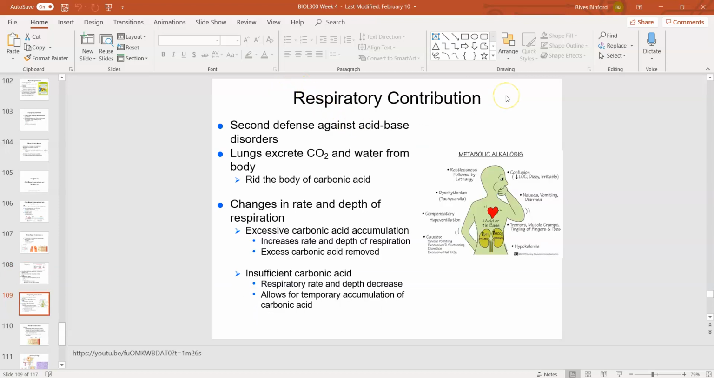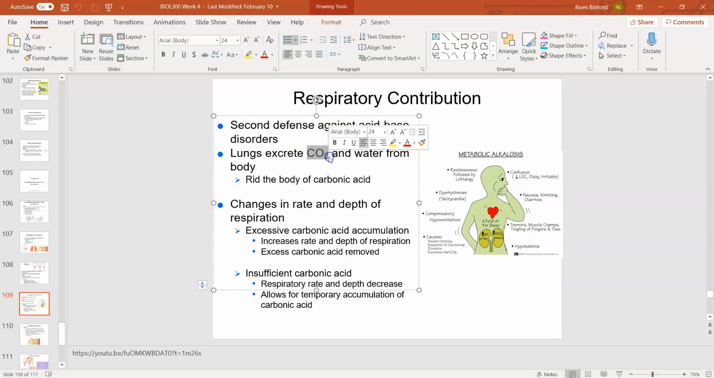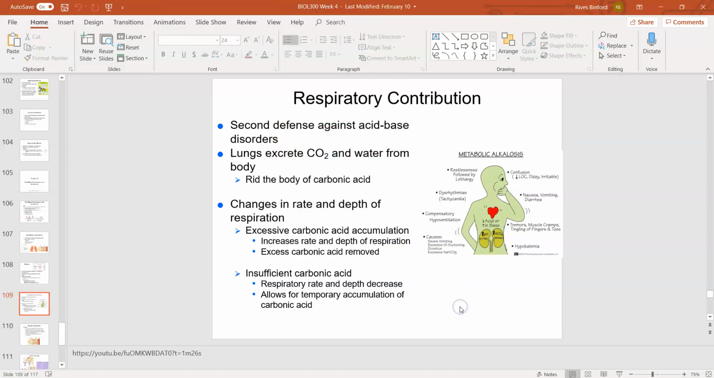The respiratory contribution to acid-base balance is excreting CO2. When we inhale and exhale, that is actually called ventilation, whereas respiration is actually gas exchange. Our respiratory contribution to acid-base balance is specific to getting rid of CO2. When we exhale, we off-gas CO2, and when we off-gas CO2, we actually decrease the level of CO2 in the